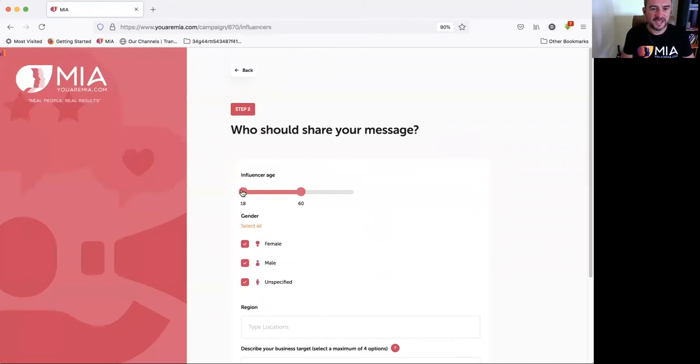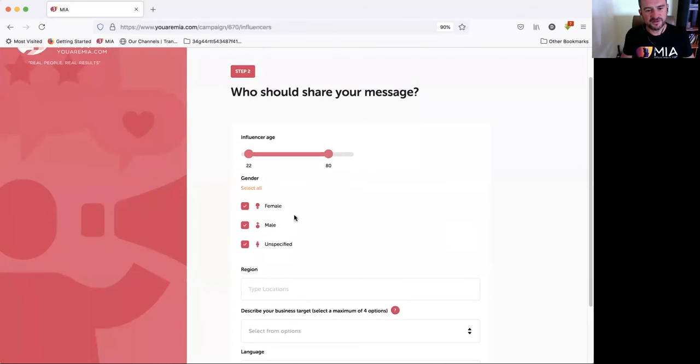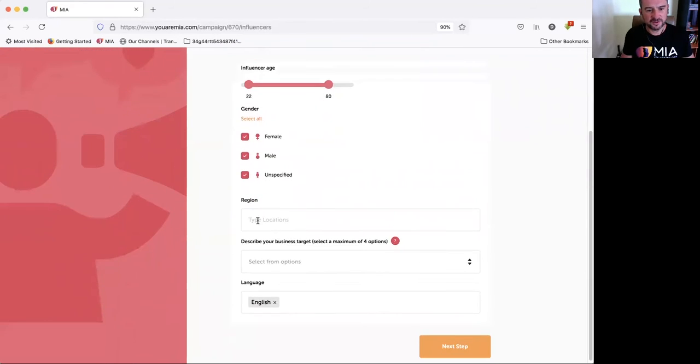Okay, so people, the age, so you can set your parameter here. So actually, I'm okay if someone's 22 and I'm looking at expats. So expats right up to the age of 75, in fact, 80 years old that have joined Mia. I don't mind what gender they are, the region. Okay, I just want to target people in Bangkok. So I type Bangkok